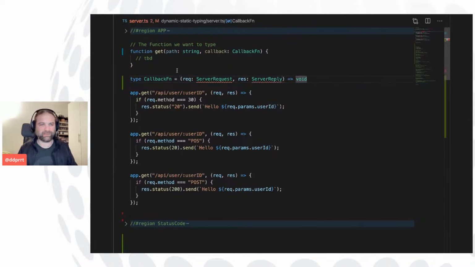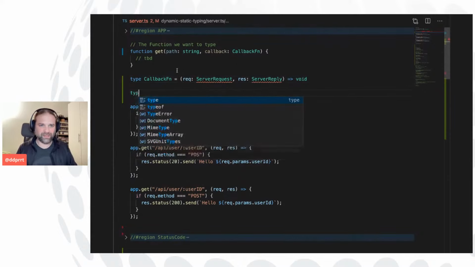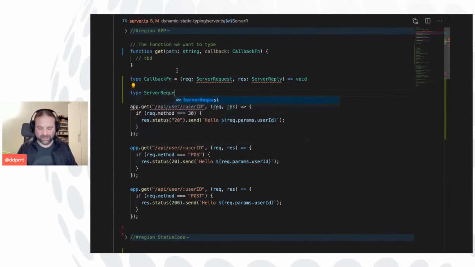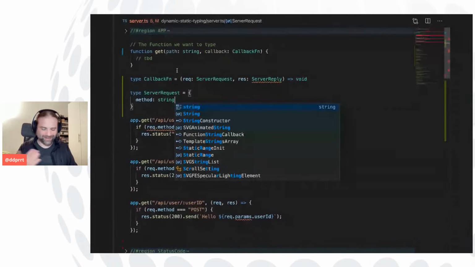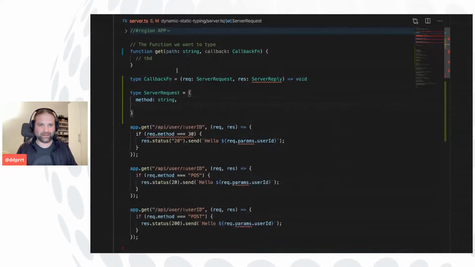That's also something that you can find in JavaScript frameworks that deal with servers. Let's define the server request. That's, I guess, the easiest one. So I have a method, which is a string: post, put, get, delete, options, whatever. And then I add parameters. So that's a params object where everything that I have here, like colon user ID or colon whatever, I get a